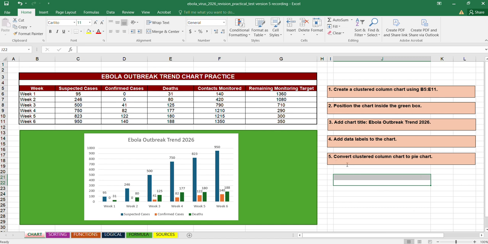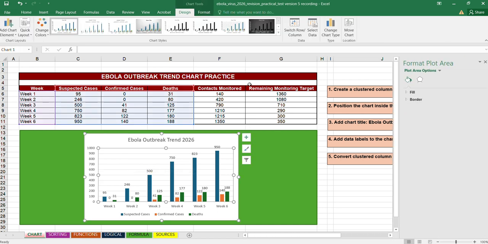and then you can go to the next task. So the next task is convert clustered column chart. So this is our clustered column chart. Convert this to pie chart. So to convert this clustered column chart to a pie chart, so again, double click this chart, and then on the right portion of your screen, so this part, you will see change chart type.